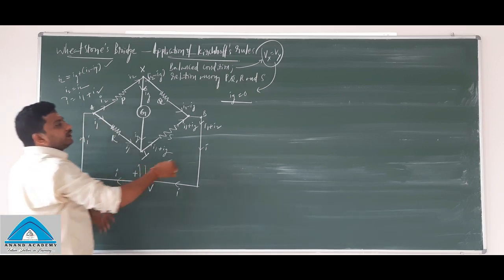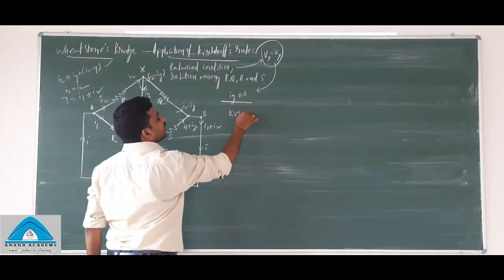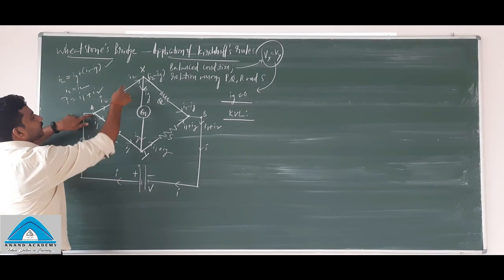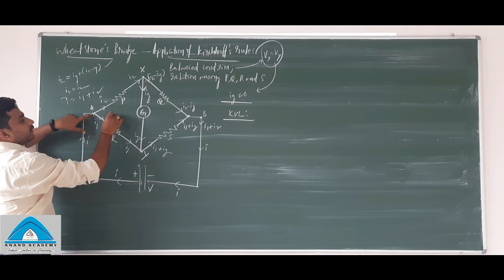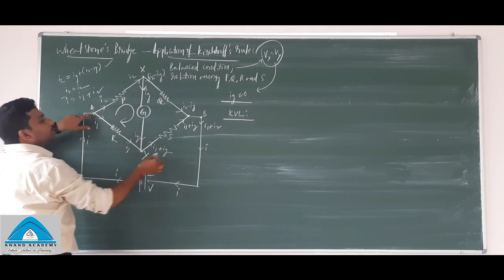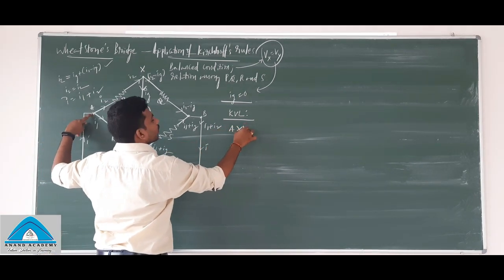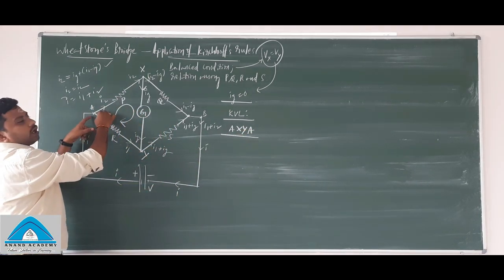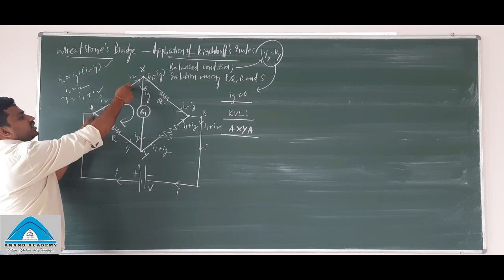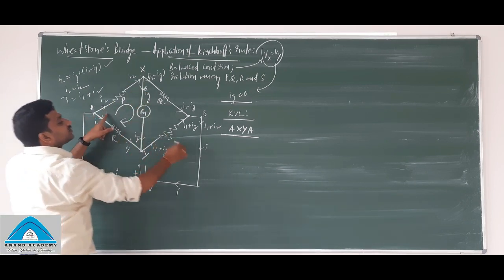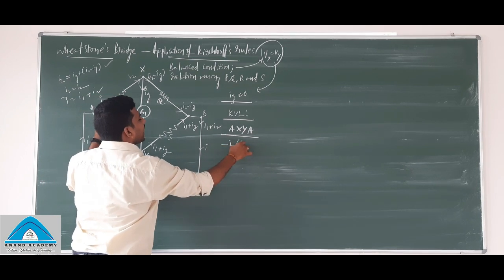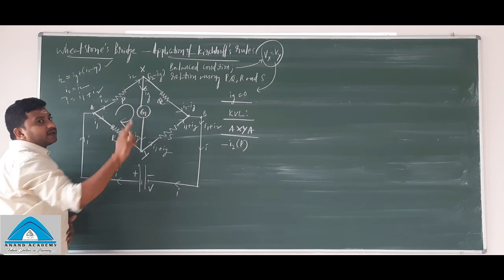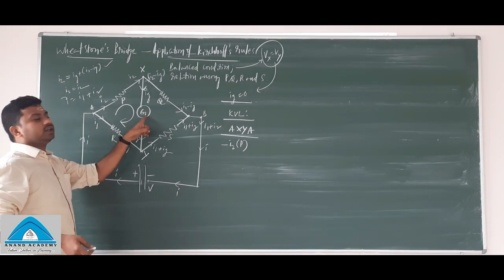Now let us apply Kirchhoff's voltage law. We need to take some loops, right? So this is a loop A, X, Y, A. Let me take this loop called A, X, Y, A. Now you can apply voltage across this, with the loop direction the same as the current direction. So what I can write: minus I2 into resistance P. Here the galvanometer also has some resistance, I told you. That resistance is G.